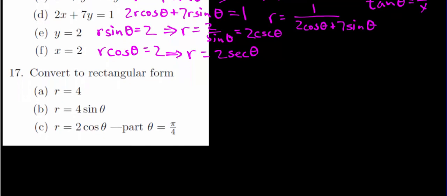Okay, now let's look at these. We're converting to rectangular form. Now, look, r equals 4. Man, I wish that were r squared, but it's not. It's r equals 4. I can't just put x squared plus y squared. However, you notice that